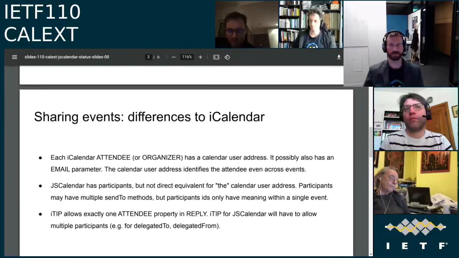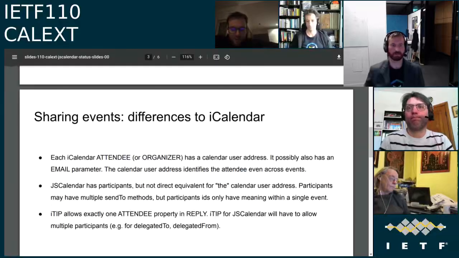There's kind of two different scenarios here. You could be just doing ITIP with iCalendar, which is more likely, and you're doing JS Calendar translation just from the server down to a client.